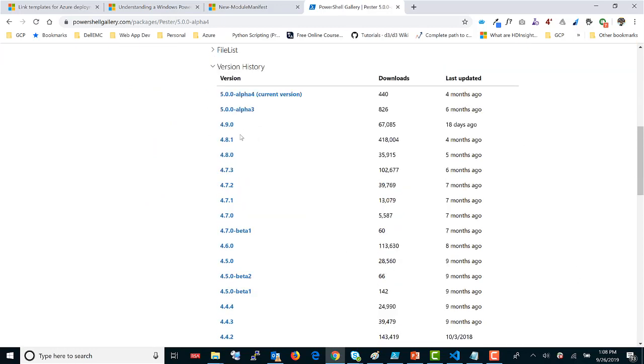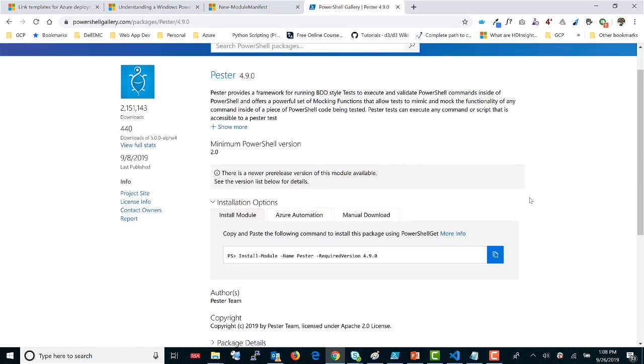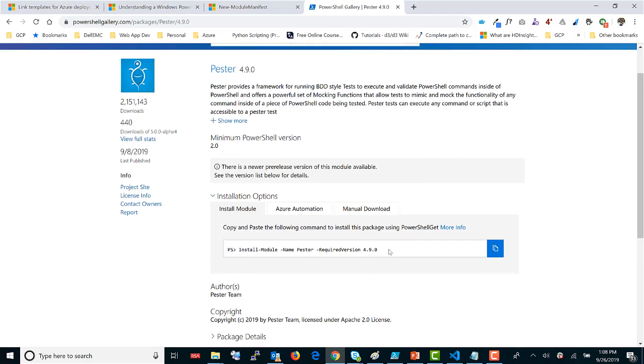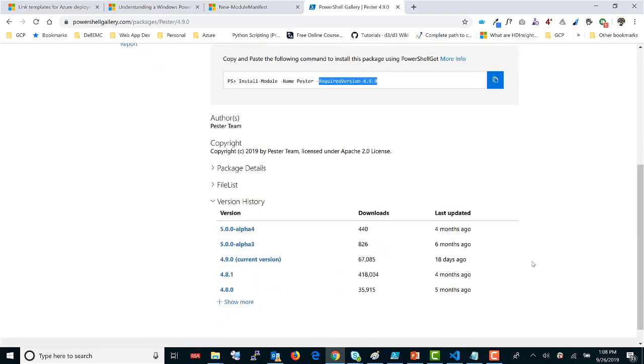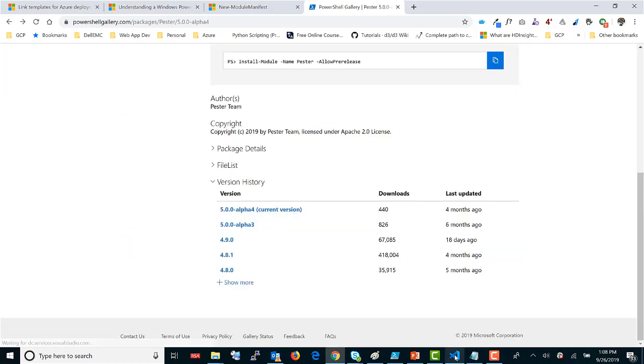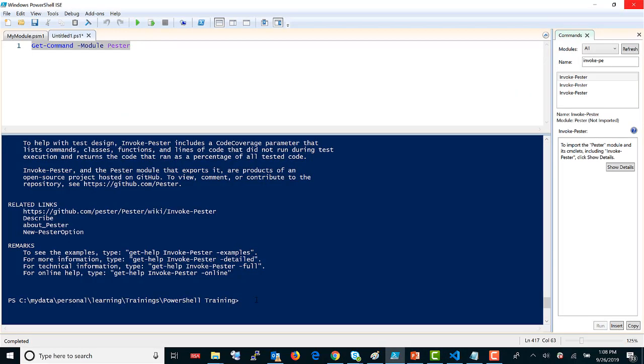You can see that I have 4.9, 4.8, and to install that particular version, if you click on this link, it will tell you how to install it. Otherwise, if you do not mention the version, it will install the latest module available on the gallery. So this is how you can install your module, and that is done by Install-Module. You can name the module,